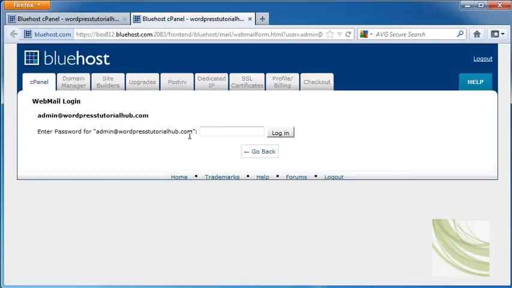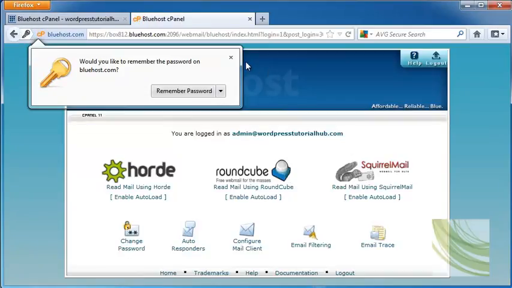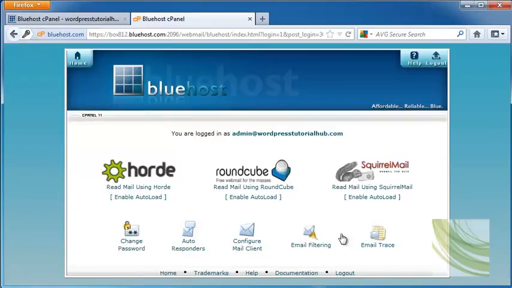It's going to ask for your password. This is going to be the password that I just put in. So I'm going to put the email address that I had just entered and click Log In. And it's going to take me to my email. Well, right now I don't have any email, but when I do, it will be listed on this page. So we have here as well, we can change the password, go into autoresponders, and autoresponders are good